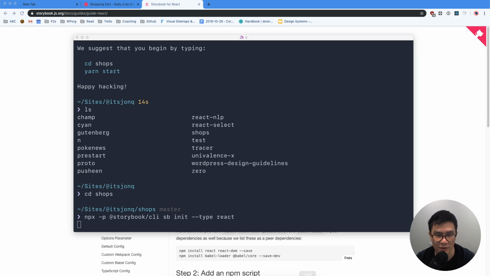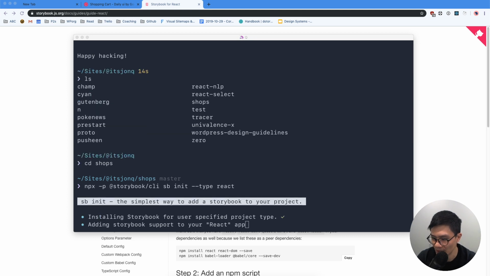It's going to take a little bit to download everything into Node modules, as per usual, but while that's doing its thing,